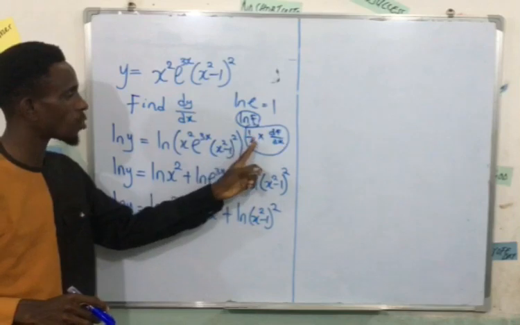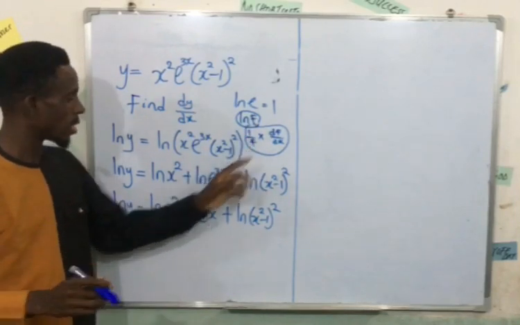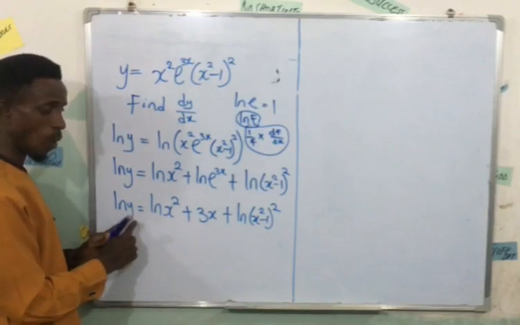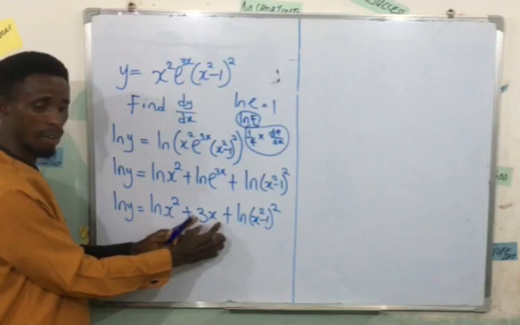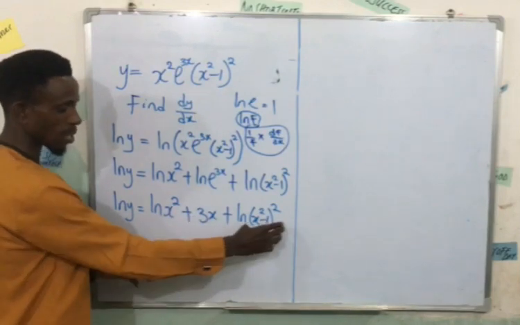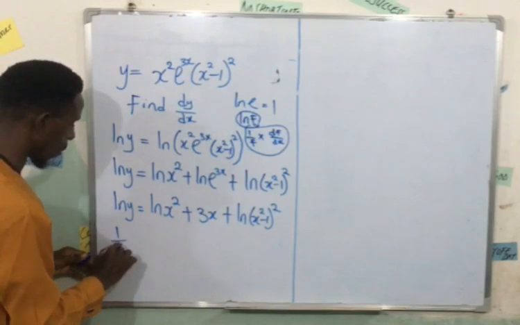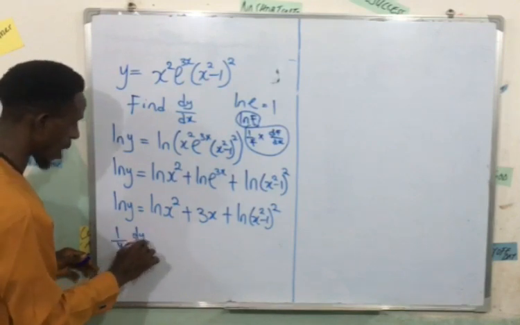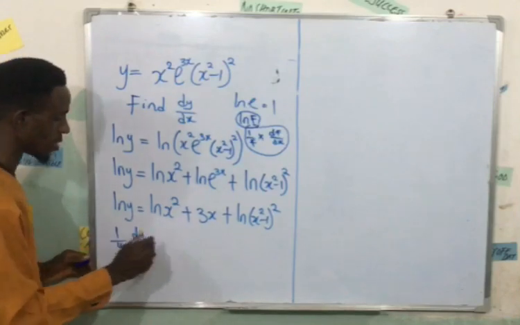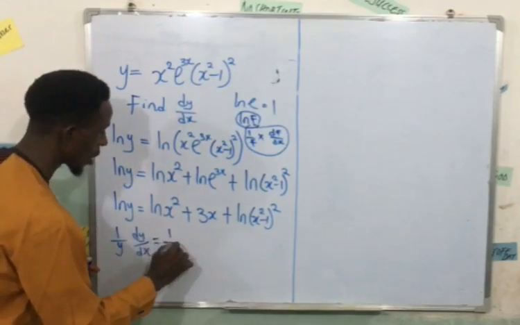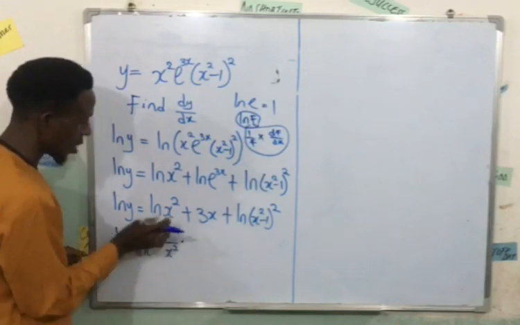You would first of all put 1 over the value of the f there. Now for this one, f is y. For this one, f is x squared, like that, because this one does not have ln, so differentiate it normally. So I'm going to have 1 over y, then dy dx. I'm differentiating y now, so dy dx is going to be 1 over x squared times